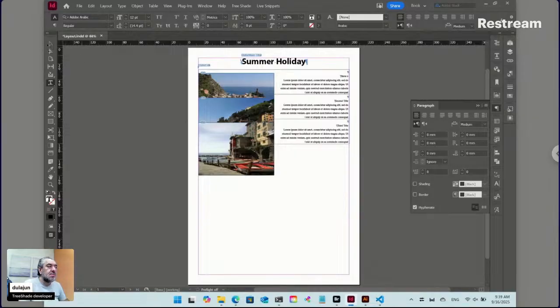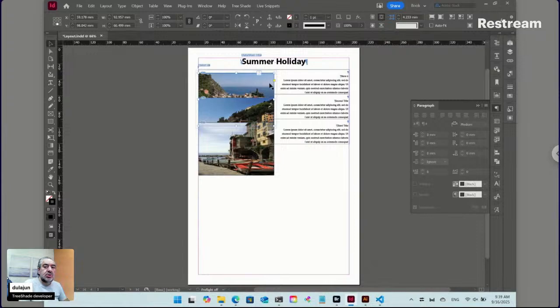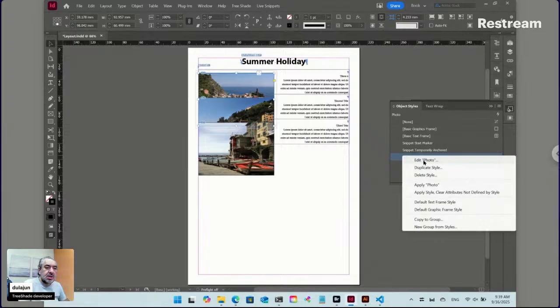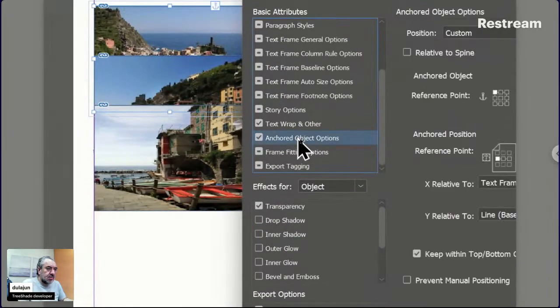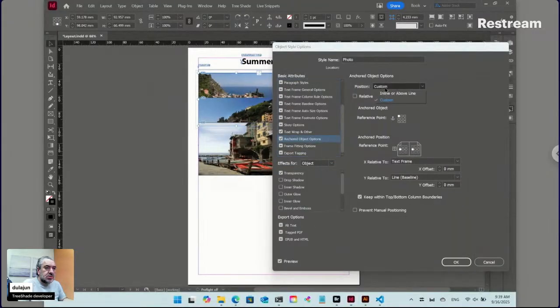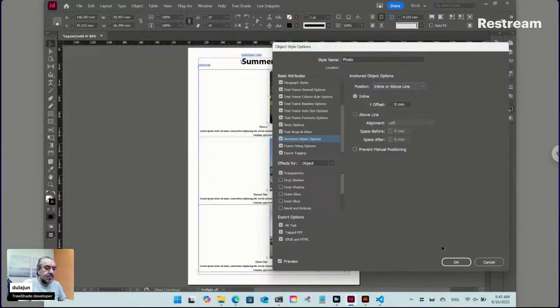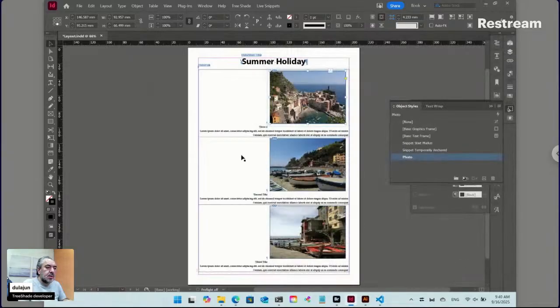and we still have a problem because the photo is custom anchored. So let's redefine the object style of the photo, and here check anchored object options and change custom to inline. Now we have another problem. So what we can do,